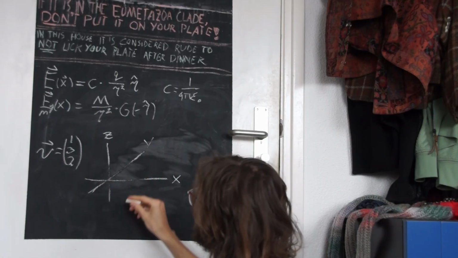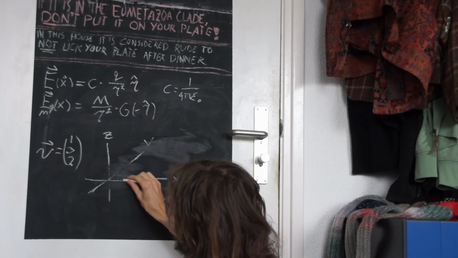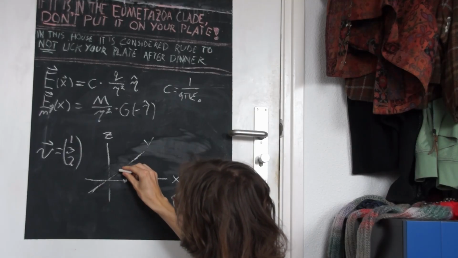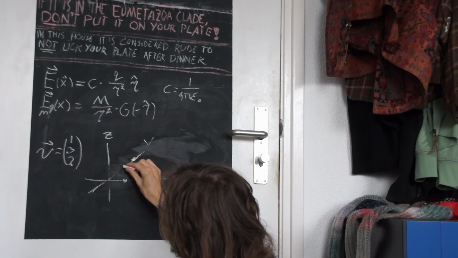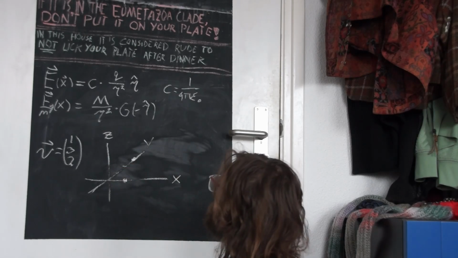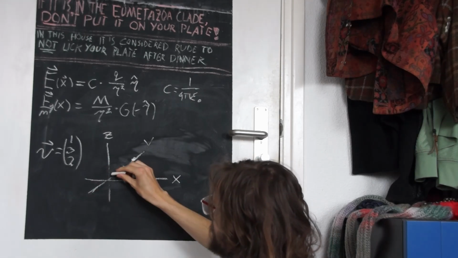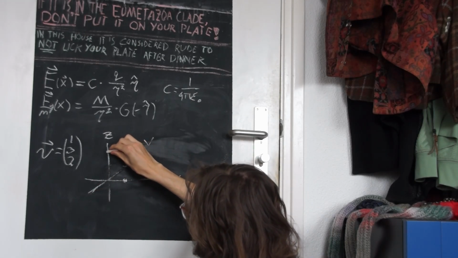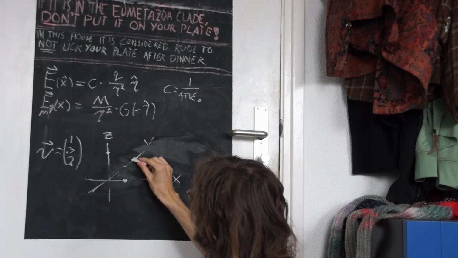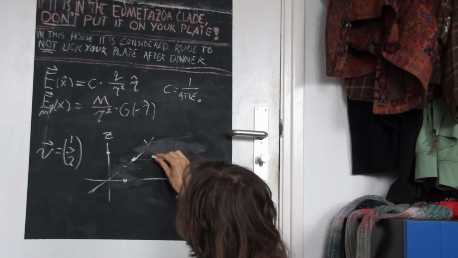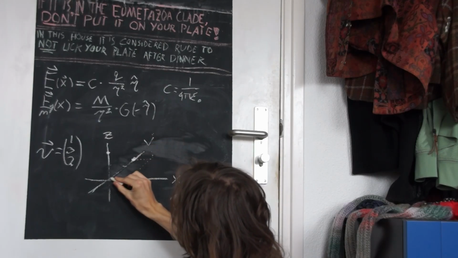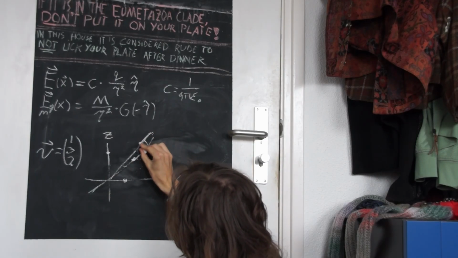And 1 on the x means maybe here. And then 3 on the y means 1, 2, 3 is about here. So 2, 3. And then 2 on the z is 1, 2 here. So we have to first find this part and then find that part and then go up by 2, and then this would be our vector